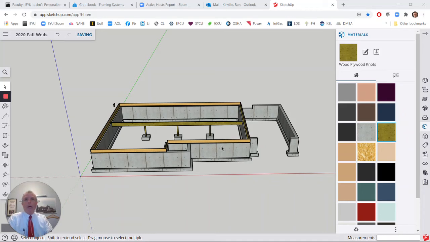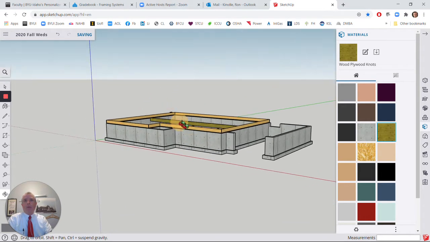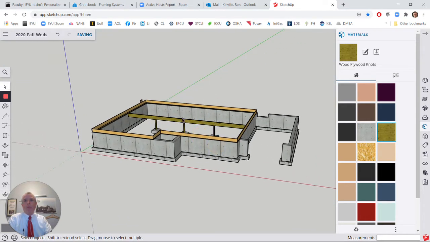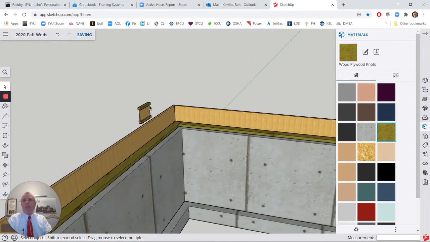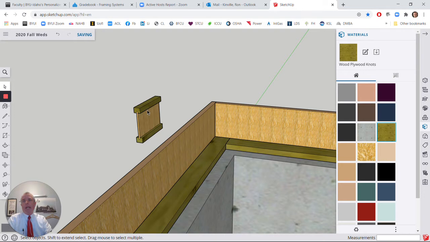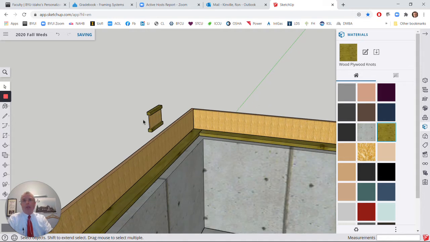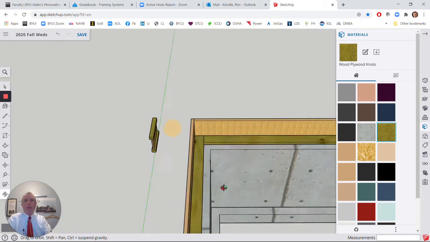In this video, I'd like to review how to put the floor joists into your model. Here's our model ready for floor joists. We've got our rim board up, we've got our girder and our posts, and we've downloaded the model of the TJI 9.5 inch 110 series joist that we're going to use on this house. We've exploded the model so it's not a component anymore, and I've made it into a group because it's easy